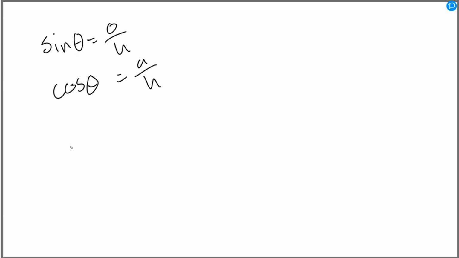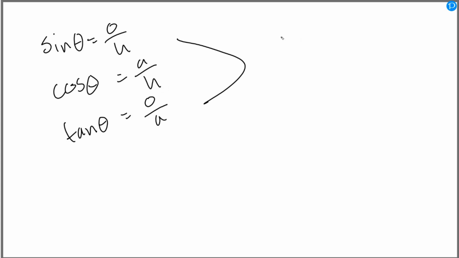Okay, so today we'll do trigonometric ratios and standard position. So recall that sine theta is equal to opposite over hypotenuse. The cos theta is equal to adjacent over hypotenuse. And tan theta is equal to opposite over adjacent. And with those, we have our